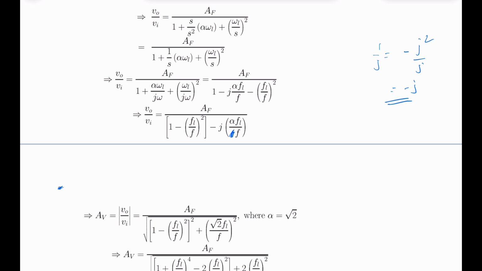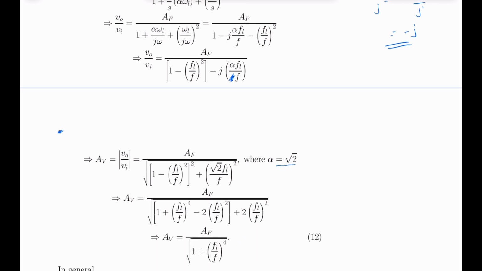Okay, so magnitude of V naught upon Vi, AV, is AF upon root over 1 minus Fl upon F whole square, to the whole square, plus root over 2 Fl upon F whole square, where alpha is equal to root over 2. This comes from the fact that if we have an equation x equal to a plus jb, then mod of x is equal to root over a square plus b square. Keep in mind. So AV equal to AF upon, this is your a minus b whole square, so this is 1 a square plus b square minus 2ab plus 2 times Fl upon F whole square. So this minus 2 Fl upon F whole square and plus 2 Fl upon F whole square, they cancel out, and we have AV equal to AF upon 1 plus Fl upon F